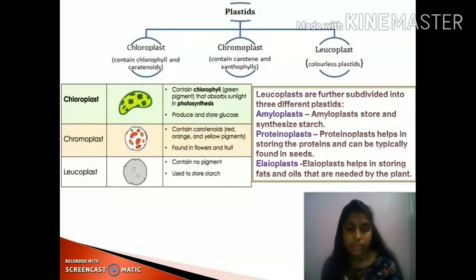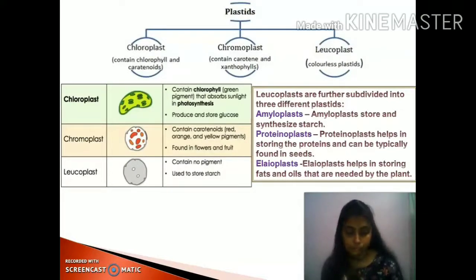Okay, so these carotenoids, which are generally red, orange or yellow in color, actually impart the yellow, orangish or reddish color of the different fruits and flowers. Also, these colors are essential for attracting different animals for the process of pollination and the dispersal of the seeds of different plants. Clear? So in this the chromoplasts play a very important role.